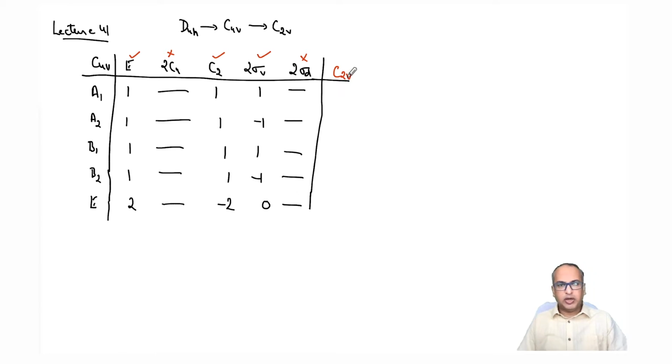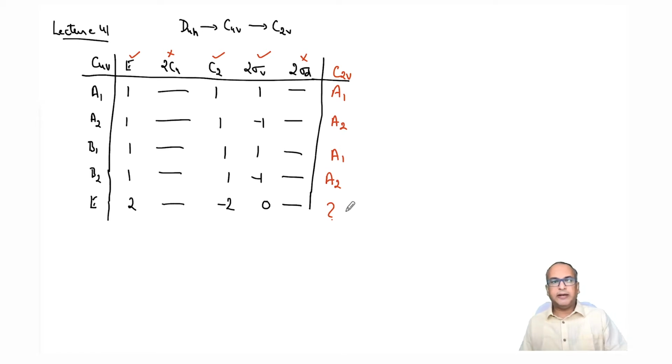I'm not going to write here because there is no corresponding symmetry operation in C2v. Okay, so now if you compare these characters to the C2v character table, what do you get? Let us write down the corresponding Mulliken symbols here. So for 1, 1, 1, we know that it is going to be A1, right? For 1, 1, minus 1, again it is going to be A2, and we have 1, 1, 1 again, so it is A1, and it is A2 over here, right? And there is no 2D representation in the C2v point group, so we cannot write anything over here, right?